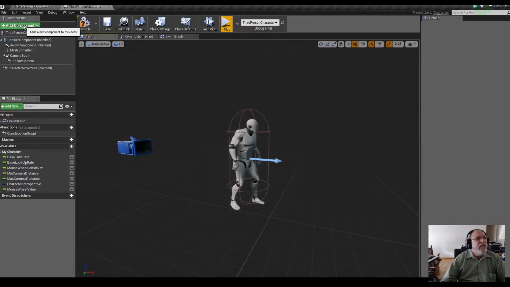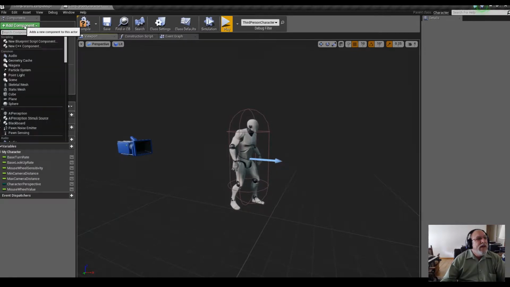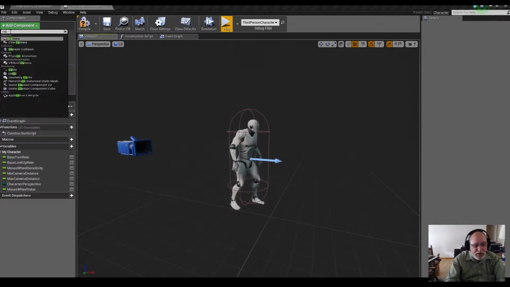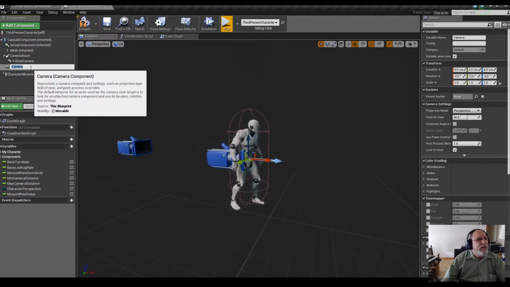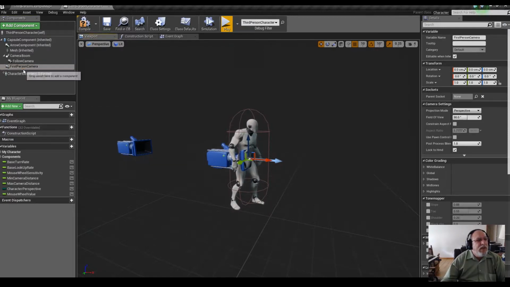So what we're going to do here is we're going to add a camera. So we'll just add component. We'll type in camera. And there's another camera. We're going to call this first person camera. And this one will not be on a camera boom. And there's our first person camera right here. And we can move it around. However, we want to attach it to something. So the way we're going to attach it is by